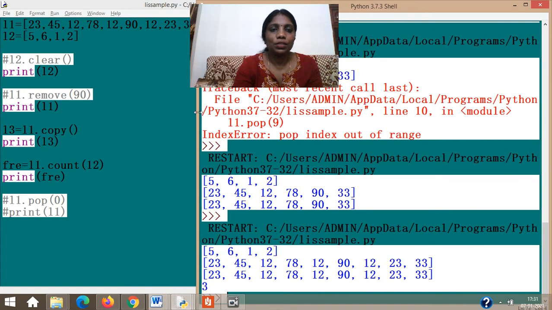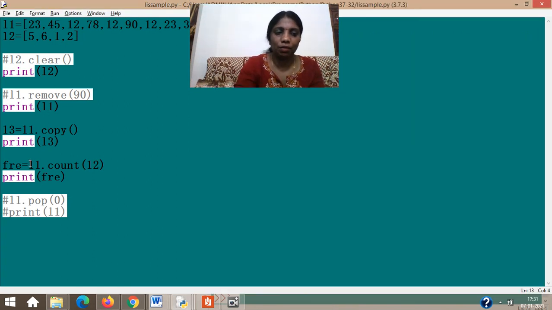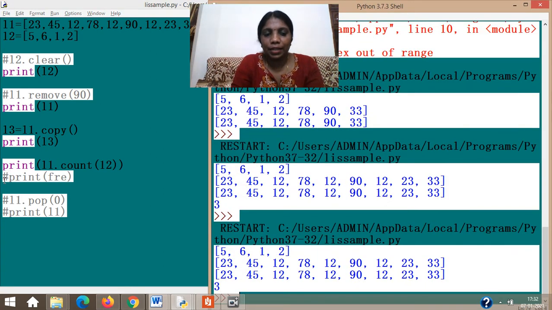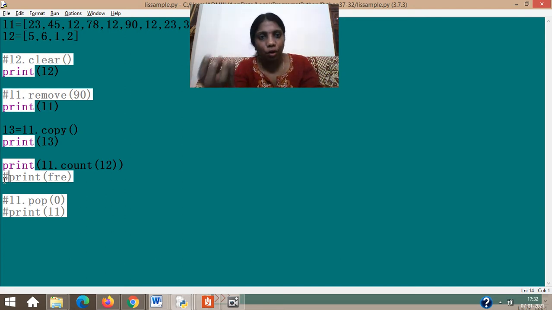So keep it in mind. What is count doing? Count prints or returns. If it prints, it means I can directly give print also. This time I gave it in FRE. Instead of this, I can give it in here directly. So it returns what? Let me comment FRE. So FRE was a variable. Right now I'm giving the same thing again. So count returns an integer value. What is the integer value there? It is actually returning the number of occurrences of that particular argument. That should be a number present.